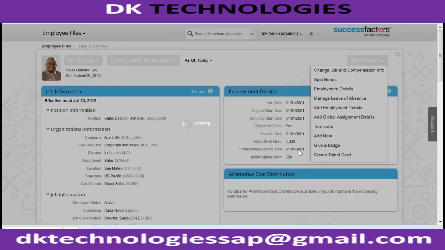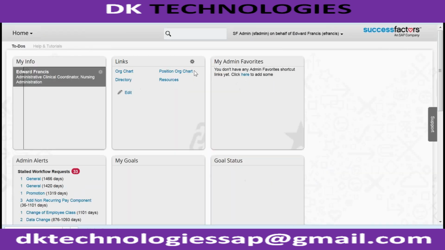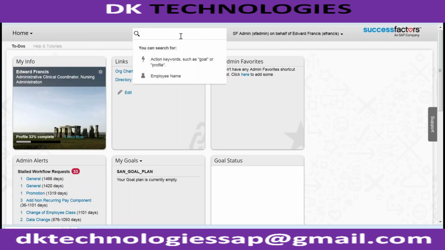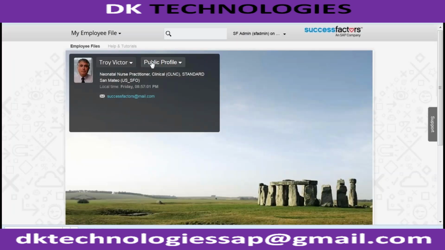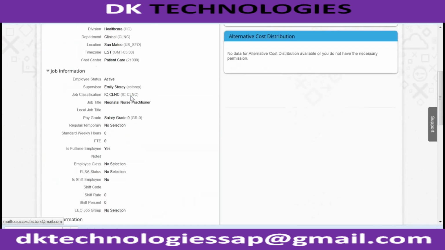Let me show you. Say I'm going to proxy into another employee. He might not be an administrator, right? He doesn't have system admin permissions. I don't think they have system admin profile or system admin role. I proxy into, which means that right now Edward Francis is the employee who logged into the system. If I go and search for any of the employee records, let's say this guy is again searching for the same employee, and if we go to the employee information, right,